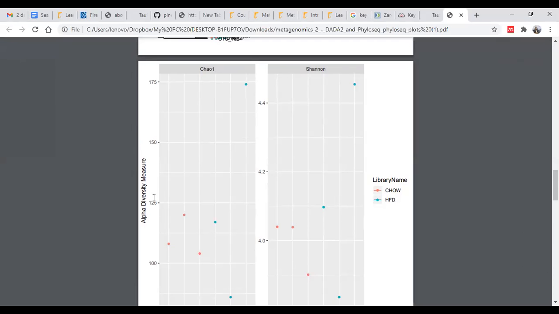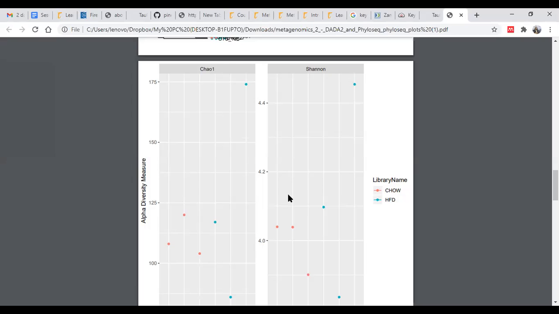Chao1 estimates the unobserved species, taking the actual number of rare species found and determining the likelihood of others existing in that sample that were not observed. This is necessary because rare species are undercounted.